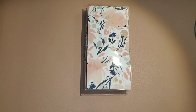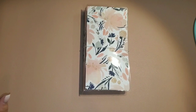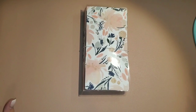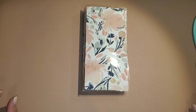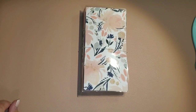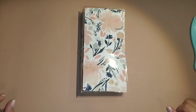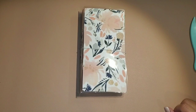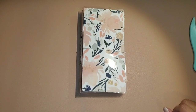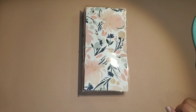I'm finally back in the craft room. Been traveling for 2 weeks straight, so I'm so excited. When I got home this weekend, I was resting, and really late, I was like, you know what, I'm going to try to make me a Hobonichi cover, kind of like the TN covers that I've done before, but I've been finding different ways to make it last longer